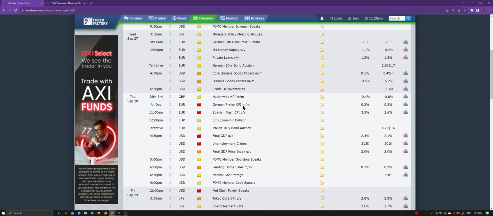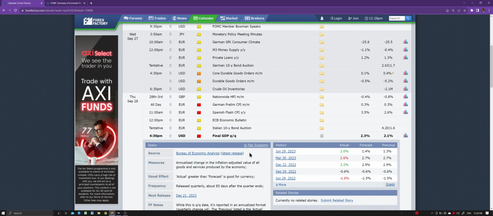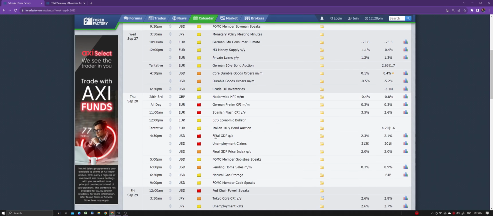The durable goods orders, right? Important statistic. Probably the most important one for the next week would be the GDP, right? The final GDP for the dollar, which is the last reading. We have three readings: the advanced, the preliminary, and the final, right? It is expected that the GDP is supposed to be going up, which is not a good thing. If the rate hikes are working, the GDP has to actually drop, right? There shouldn't be more output from the country if people are suffering, right? So this is not a good thing. This shows you that the inflation is still entrenched in the economy. So GDP is still going up.